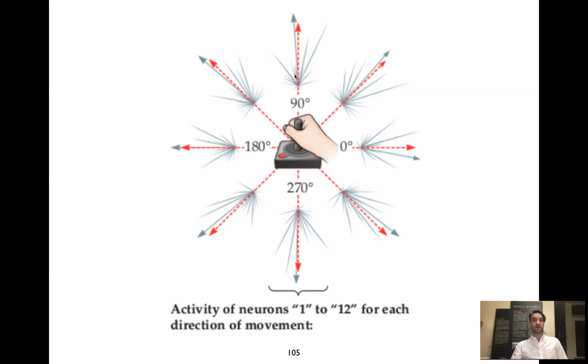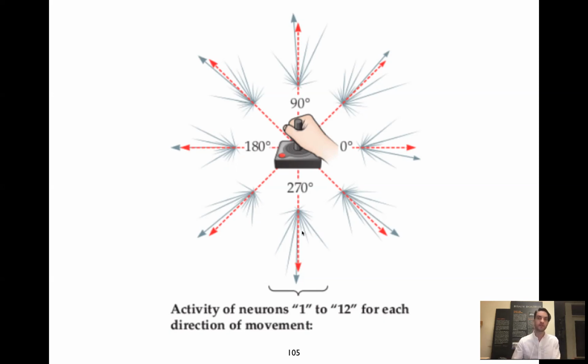On the flip side, when a person takes their hand and now doesn't go up 90 degrees, but goes down 270 degrees, all these neurons up here that were getting really excited are now not nearly as excited, okay? Because those neurons don't like it when the person moves down. Those neurons like it when the person moves up. But now a whole different population of neurons is getting much more excited when the person is moving their hand down. Because again, each one of these little gray lines corresponds to the activity of one different neuron,